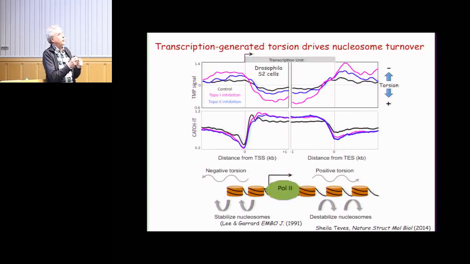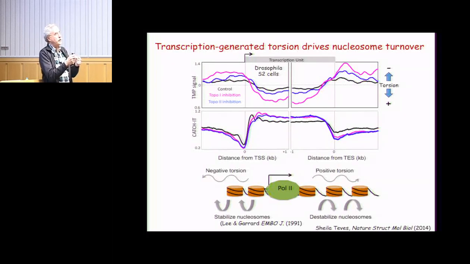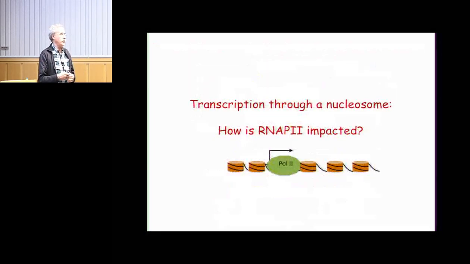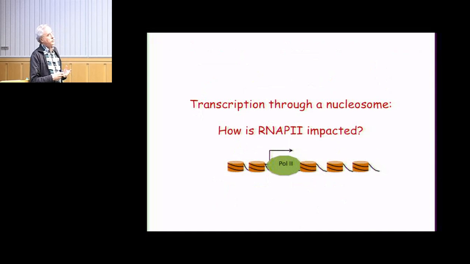Okay, so far we've been focused on what's happening from the nucleosome's perspective. I'm going to change the perspective now to that of RNA polymerase. So what happens when transcription goes through a nucleosome? What happens to the polymerase? Now, in order to answer this question, Chris Weber, when he was a graduate student in the lab, needed to come up with a way of, first of all, mapping RNA polymerase at very high resolution, ideally at base resolution, and also to be able to measure all RNA polymerases, because when RNA polymerase hits an impediment,